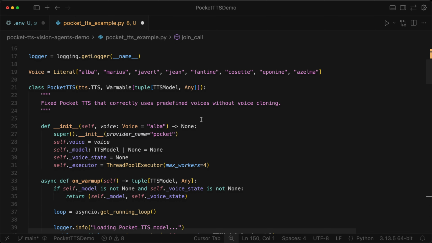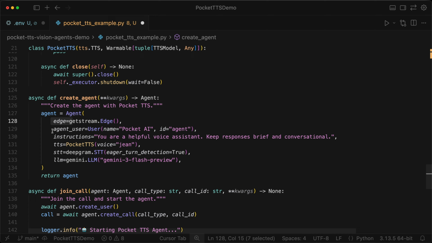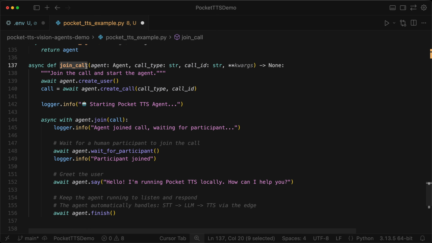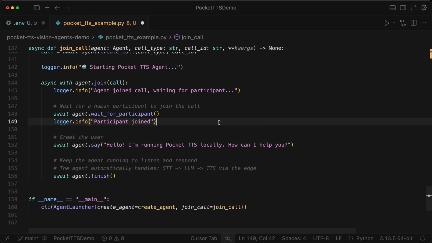In summary, you import GetStream from the Vision Agents framework along with all the installed Python plugins, Pocket, deepgram, and Gemini. We add a main class and the following functions to configure the voice agent. Using the Vision Agents agent class, we need to create a new agent and configure it with all the following parameters. And finally, we create and join a new video call using stream video to enable real-time audio and video communication. By running the Python script, you should be able to interact with the voice agent in a similar way